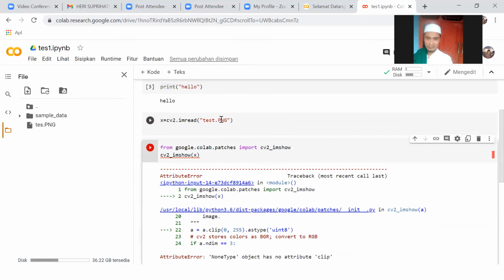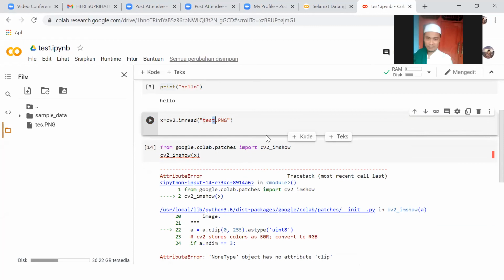Oh, there is a problem in this here. Sorry. Test.png and here.